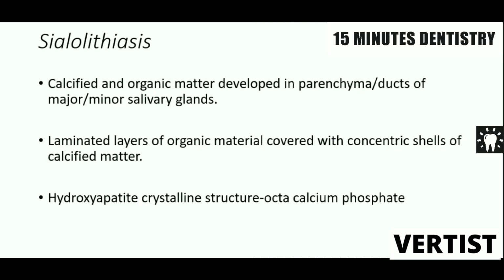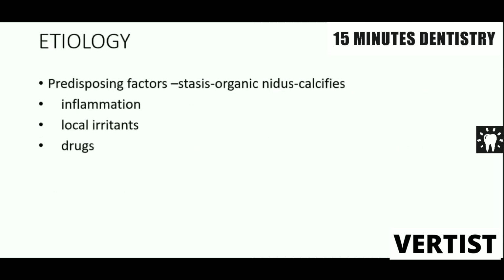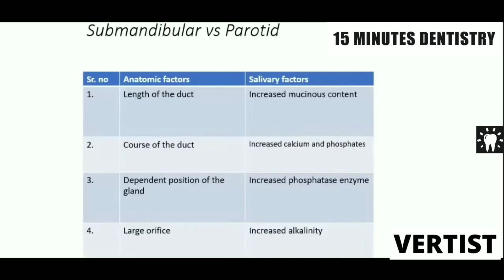consisting of octacalcium phosphate. Now, the predisposing factors are inflammation, local irritants, or drugs, which reduce the flow of saliva and result in stasis, forming an organic nidus, which later calcifies. You all know that submandibular sialoliths are more common than parotid. Why? Because of the tortuous course of the duct, because of increased mucinous content and calcium and phosphate in the